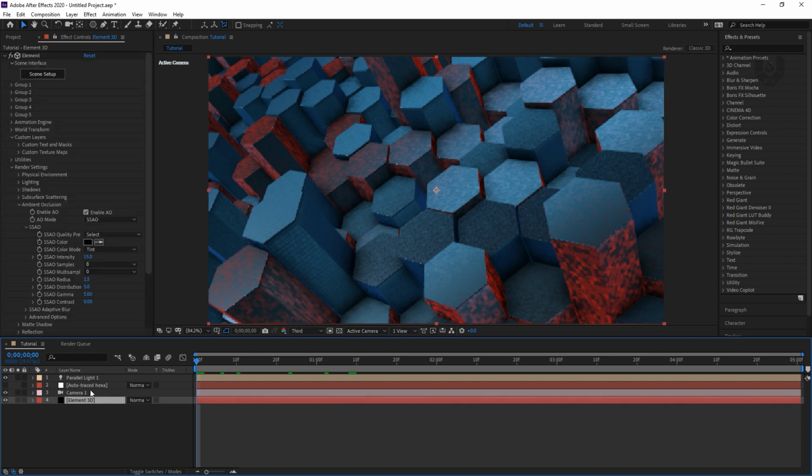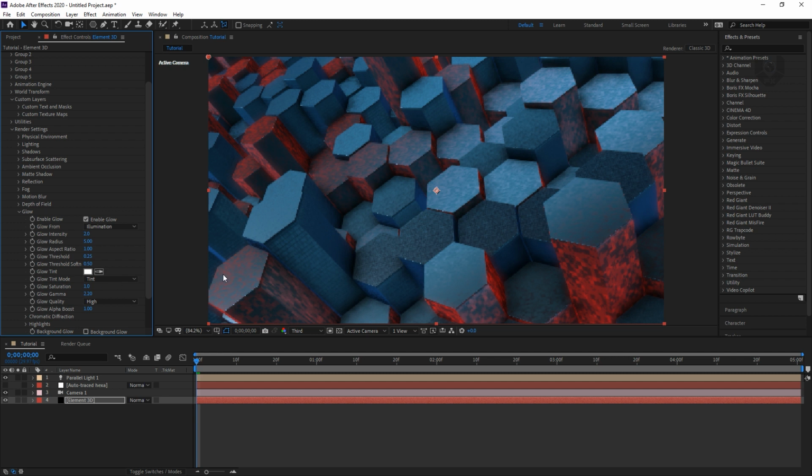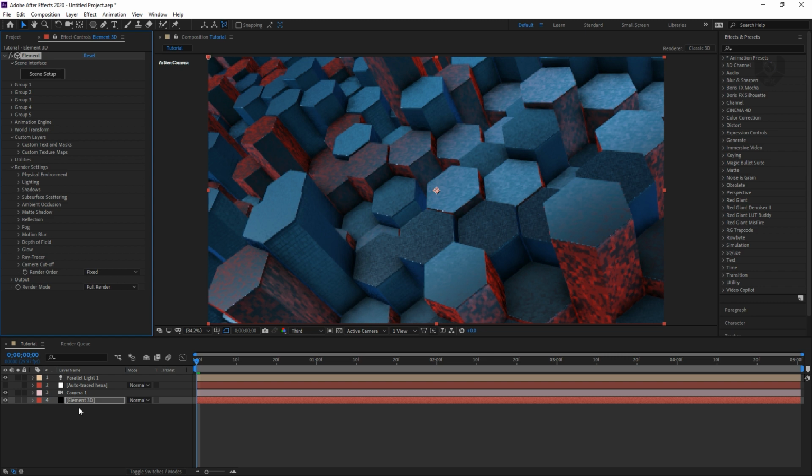So if you wish, you can do it in here as well. There is glow options. If you turn on this glow, it will automatically start glowing, and you have to create this intensity. Let's make around 10 so that you can see the glows. But in my case, I'm not suggesting this because I didn't want this kind of glow, because I really don't